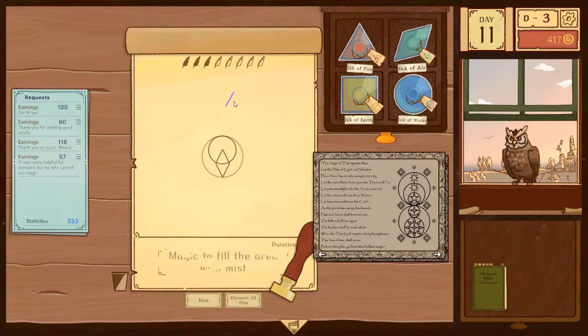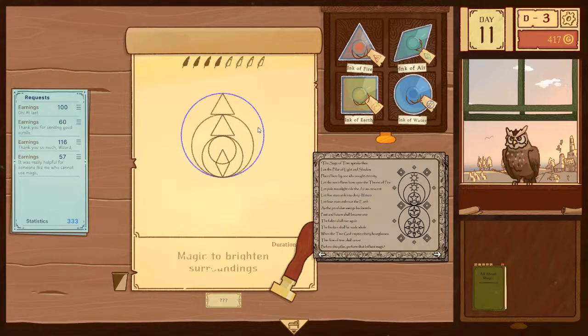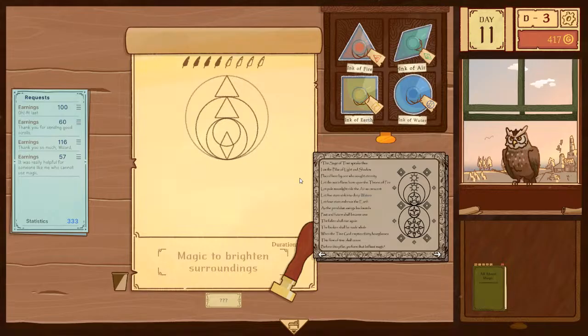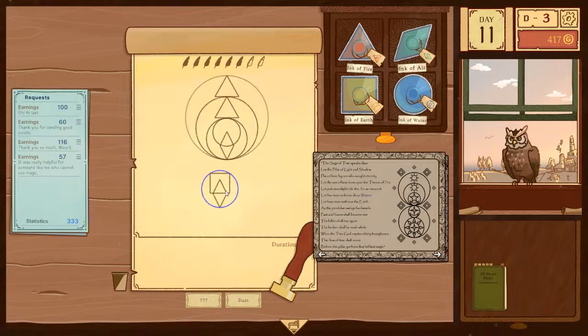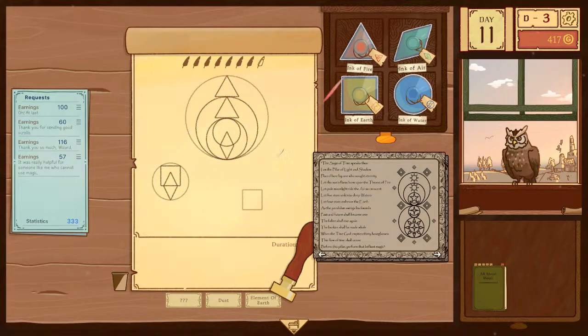Sun to flame. Stars, earth, light, air. Fire.